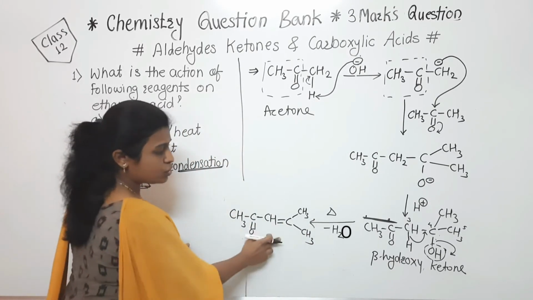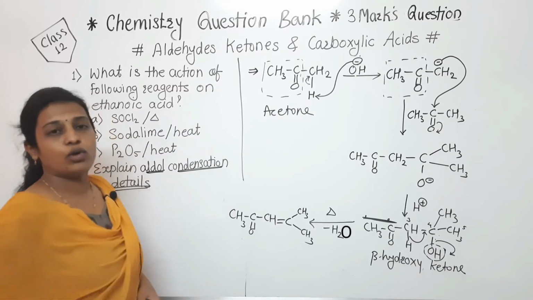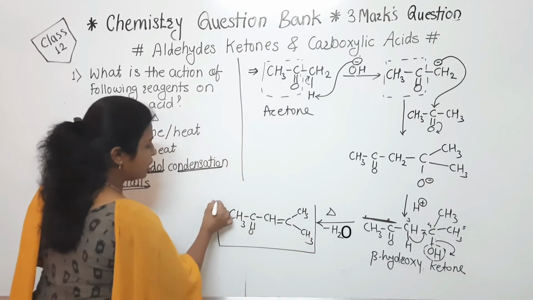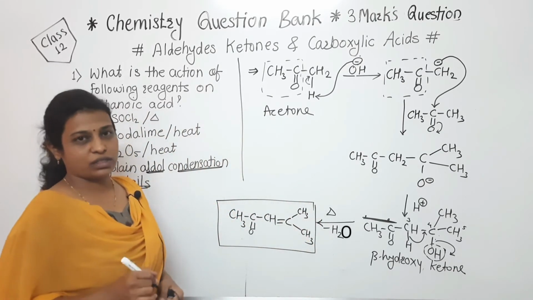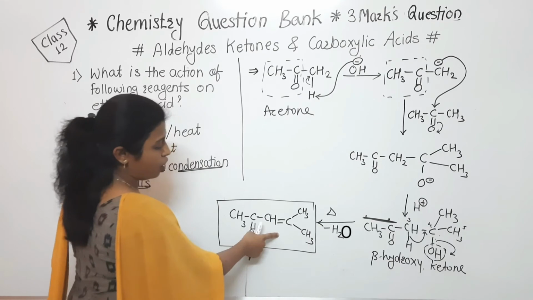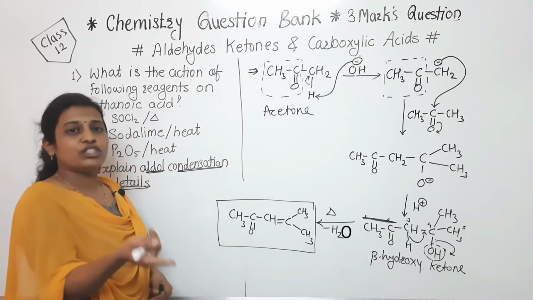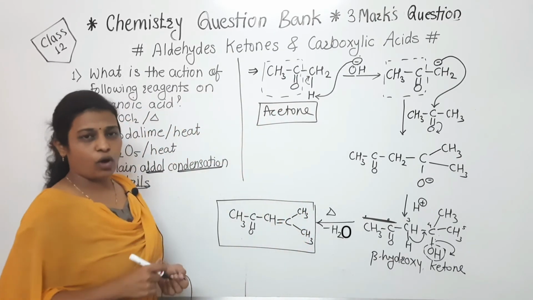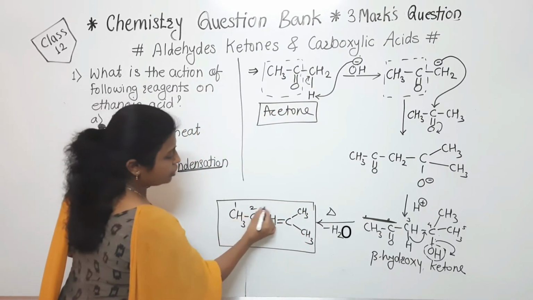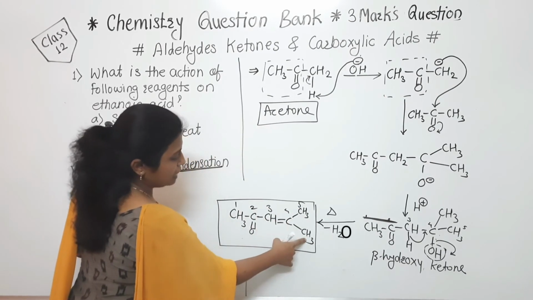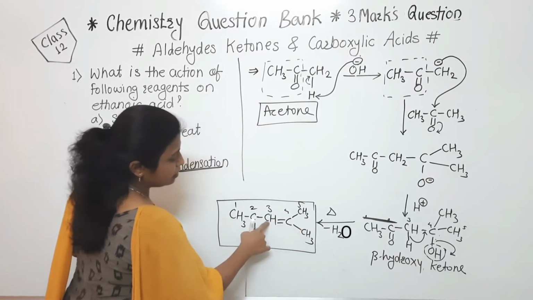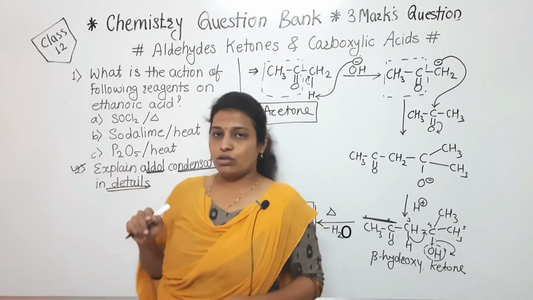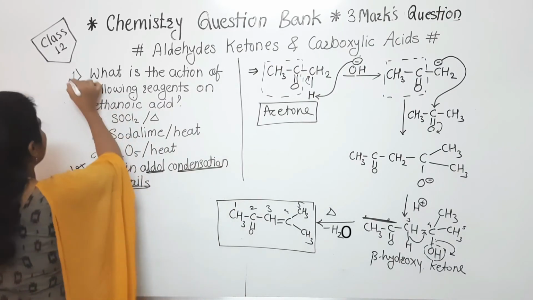Hope everyone understood the reaction mechanism of this aldol condensation. In the same question there was one more question: what is the IUPAC name of mesityl oxide? You can observe that mesityl oxide is nothing but the product obtained after the aldol condensation of acetone or propanone, whose name will be 1, 2, 3, 4, 5, 4-methylpent-3-en-2-one. And in this way we have completed this question also, which is of 3 marks. Now we are going to discuss the last question.